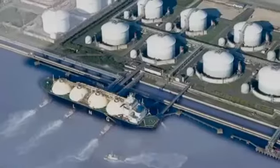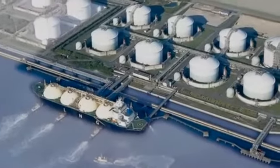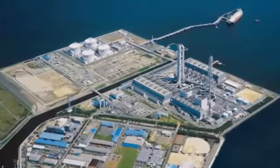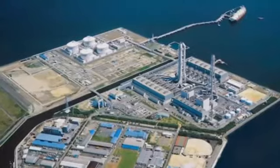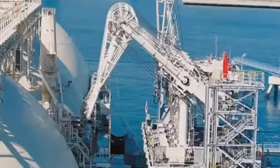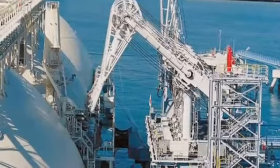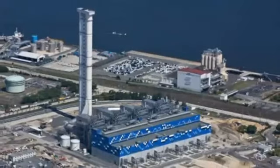The cost and the revenues are expected to be more than 10 times what it costs to build the regas facility and the current revenues of the regas facility. On Train 1, Osaka Gas and Chubu Electric are our two customers. They are the second and fourth largest utilities in Japan. They import approximately 25% of the LNG imported into Japan, which, by the way, is the largest user of LNG